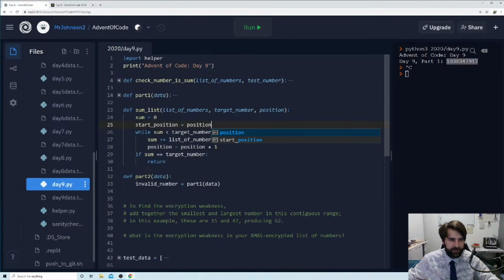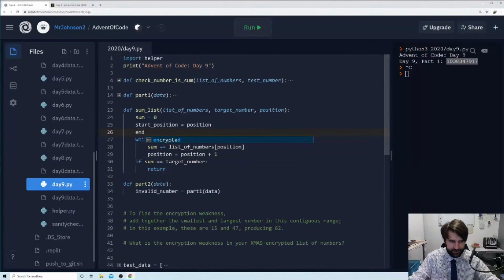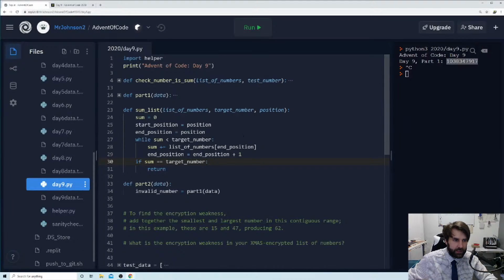Okay, so we'll take a copy of that and we'll log it right at the start. And then let's say end position. Let's be really clear about this. Equals position, and we're going to copy this and paste it here, here, and here. Okay, so our end position is going to get larger and larger, but our start position isn't going to change. We're going to keep that.